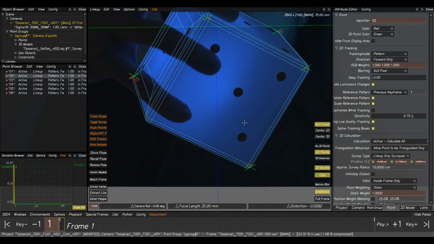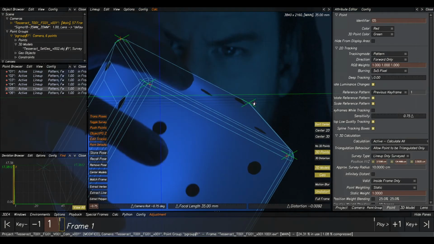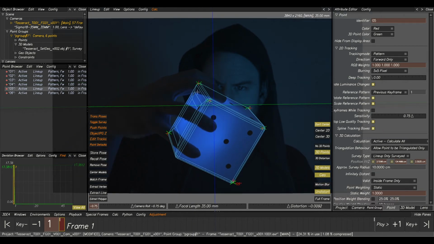So we've got it pretty close already. That's a pretty good lineup. That looks pretty tight. So if we store our pose now, it'll make a stored keyframe here. But because these are lineup points, these won't solve for our camera position. Even though it's a lock off, we still need to make some tracking points, but we don't need to track it. So if we go to F2,